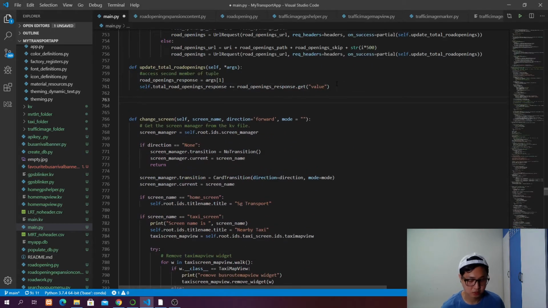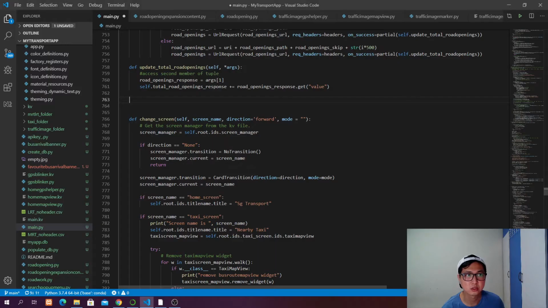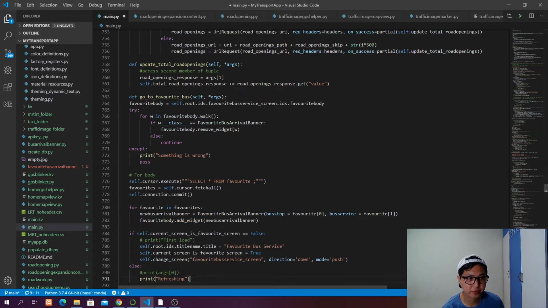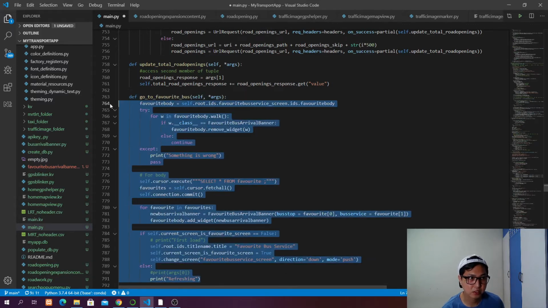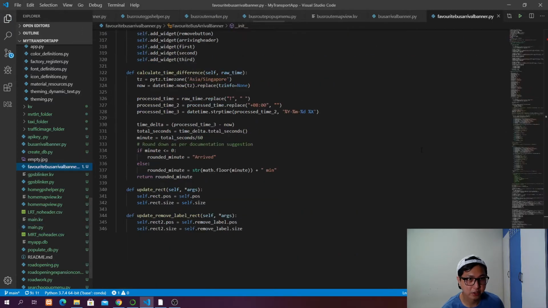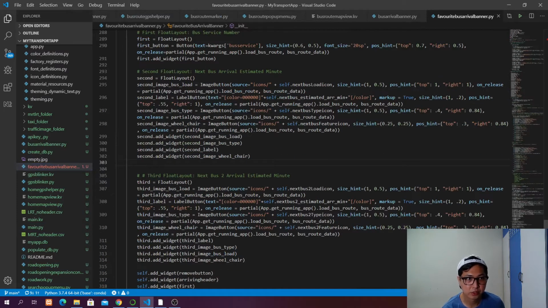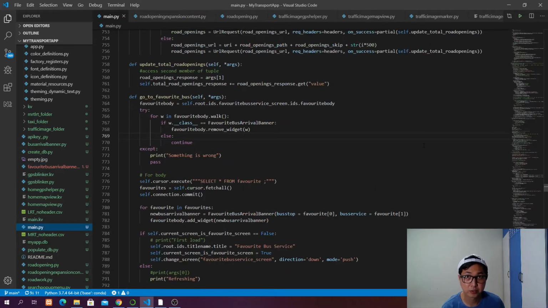So yeah, let's divide it here, and let's copy this. This one is going to bring us to the FavouriteBus service screen. It's being called as we click on the arrival banner. So if you come back to the banner, you can see that on release of the button, it is going to load the bus route. Okay, but when will this go to FavouriteBus